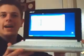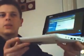a USB drive. Now you'll notice in my last video I do an unboxing of this laptop. It's an Acer Aspire One A110, the 8GB SSD version. Now this came with Linux, but as you can see I've actually got XP running on this. I basically made use of this USB drive, made it bootable, put all the XP files on it, bunged it in and installed it, but it was a little bit more complicated than that, so I'm basically going to show you